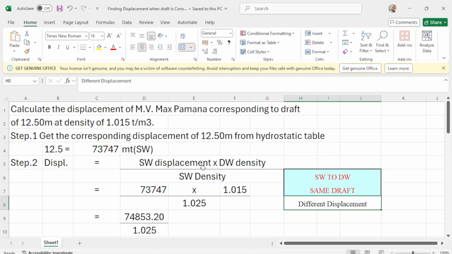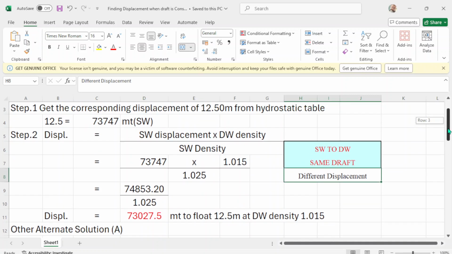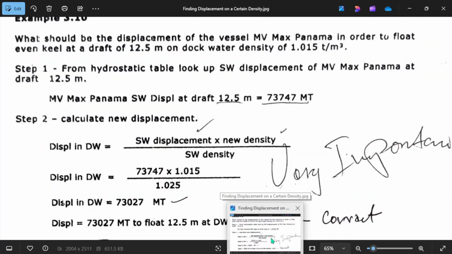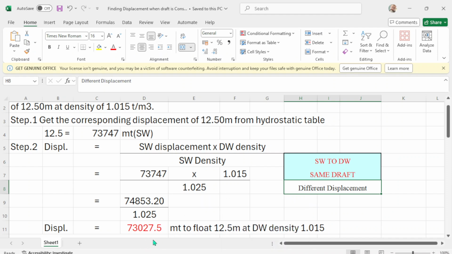So this is the salt water displacement of 73747, the dock water density is 1.015 over the salt water density of 1.025, and the resultant will be 73027.5. So just round it off, take out the 5. So it floats at 12.5 meters, density 1.015. Okay, so this is now the answer, guys.